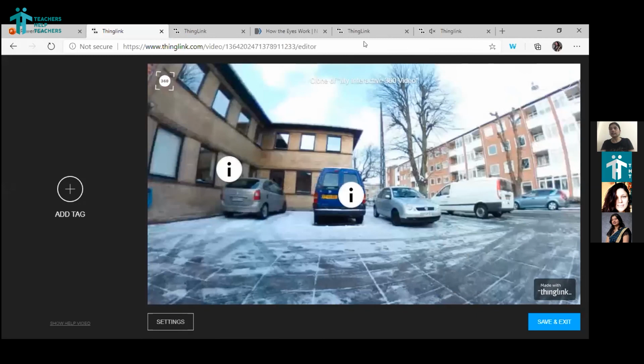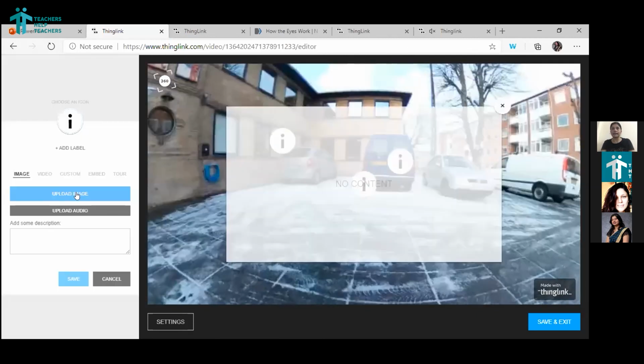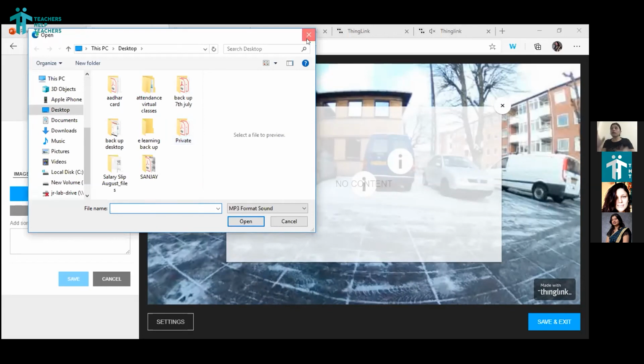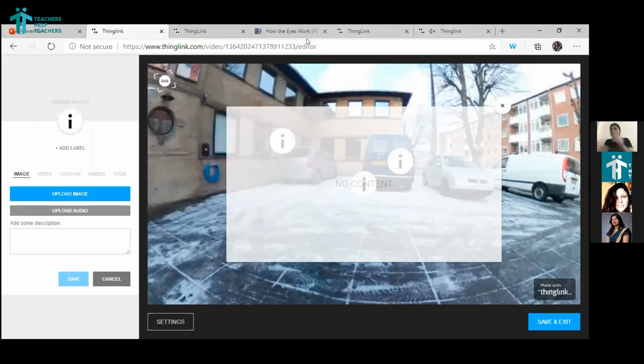The way this person has done it, we can also add a tag. I can type something about it, or I can upload some audio and talk about this picture: what is this picture, where is the place, and all of that. I can do that by clicking on upload audio, and the audio should already be saved in my computer. Again, I'm repeating that it works better when you have all the media in your device and not online. YouTube links can be added, but otherwise, if you want to start from a video, it has to be there in your computer. You cannot take it from anywhere else.